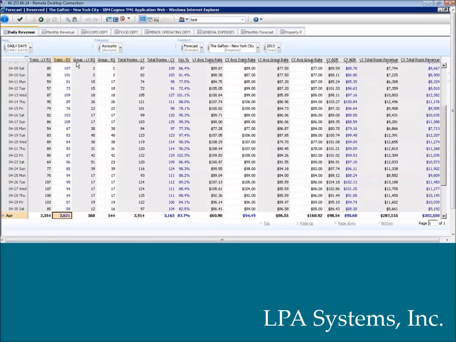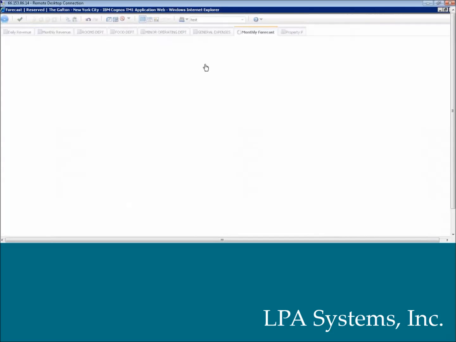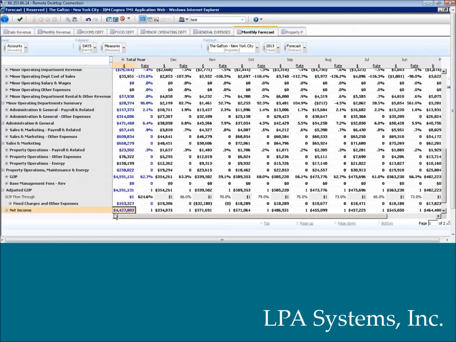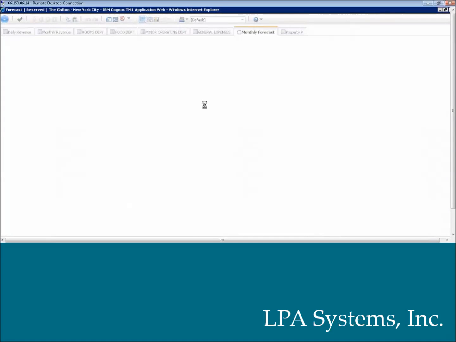And you'll notice a bunch of these numbers popped up in blue because they were affected by these changes that I keyed in. It re-rolled it up to the new monthly total, changed all my room revenues for a day. And if I jump over now to my monthly forecast, I can actually see how that impacts my net income for the year. So now I'm at $4,427,803, and I can compare that to what my original forecast was, and I can toggle back and forth and